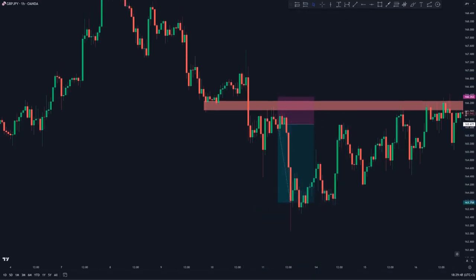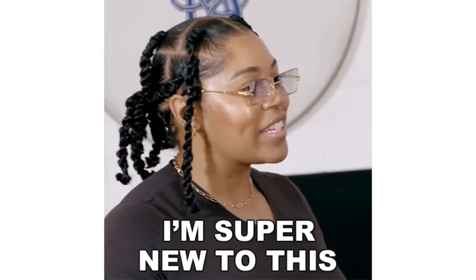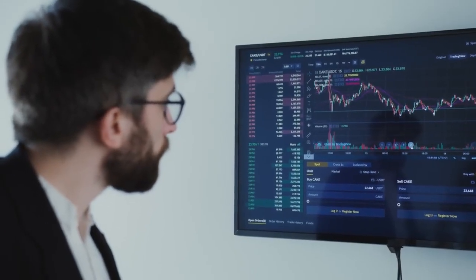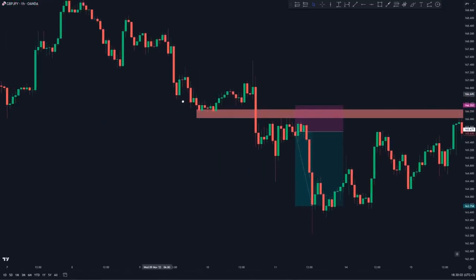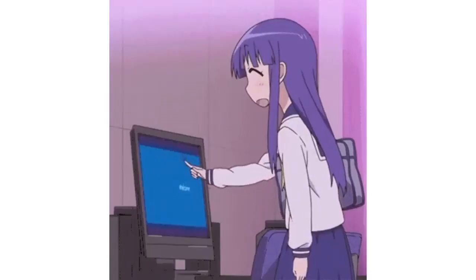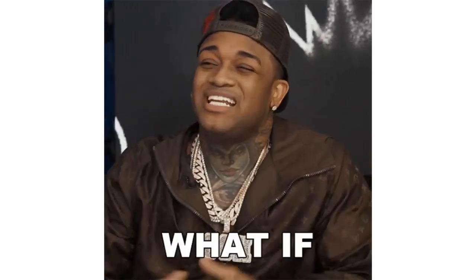Simple, right? However, if you are a beginner trader, identifying these support and resistance levels and waiting for the break and retest can mean hours spent glued to your charts. But what if there was a simpler and easier way? Well, in today's video, I'm gonna show you a more objective approach to trading break and retest using a specific